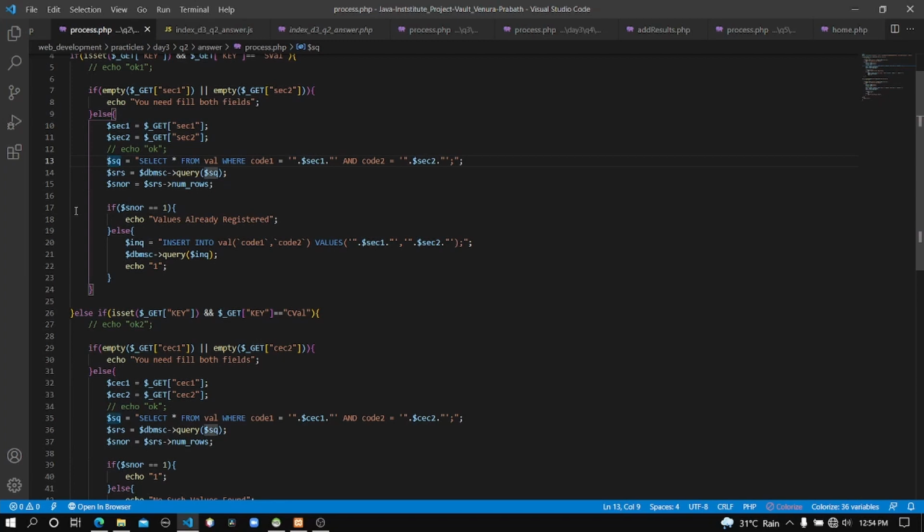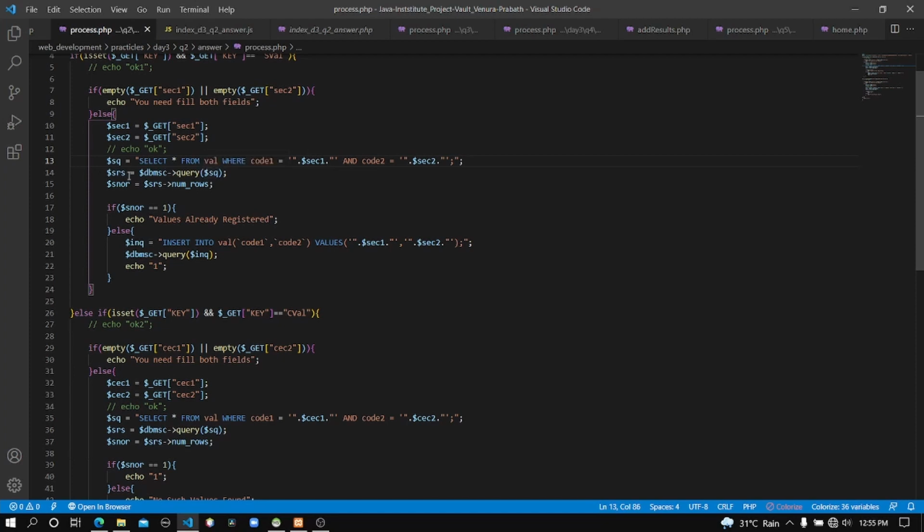And after that, here's the select query. It will select. Here you can see I check whether there's a value inside our database related to the sec1 and sec2 values. That means it will check if the value is already registered, so it will not register that again.